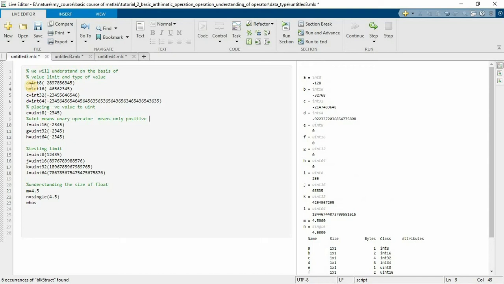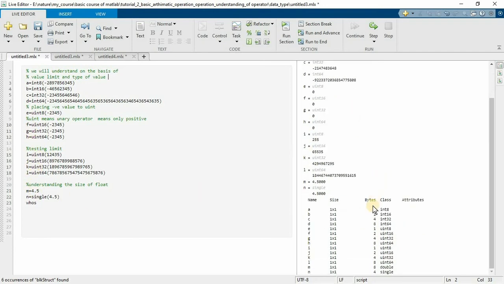I gave names continuously: A, B, C, D, E, F, G, H, I, J, K, L and M, N. So look at the section below. A consumes 1 byte, whereas B consumes 2, C 4, D 8, doubling each time. So A, B, C, D are int8, 16, 32, 64.